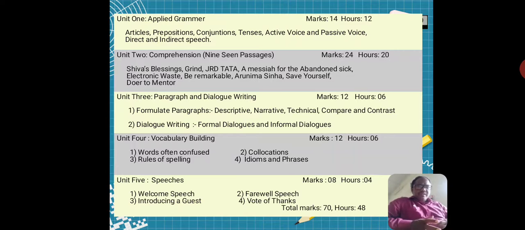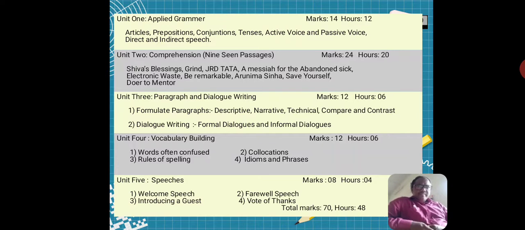See how these hours and marks are divided. Let's talk about Unit 1. Unit 1 is about application of grammar, which carries 14 marks, and we have to complete it in 12 hours.